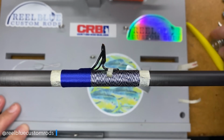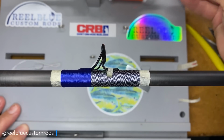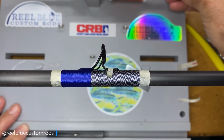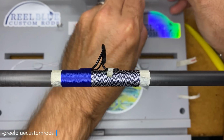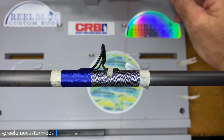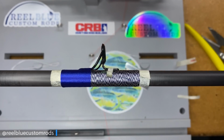We'll see how this one comes out and see what it looks like as an overwrap. And again, this is just, and I know it's pretty simple stuff here, but again, the idea behind these videos is really, if you decide to purchase